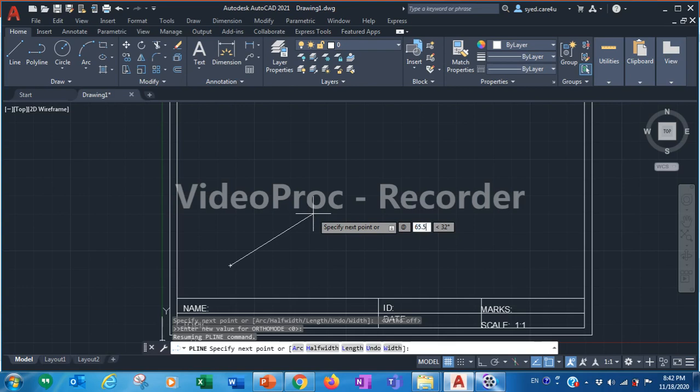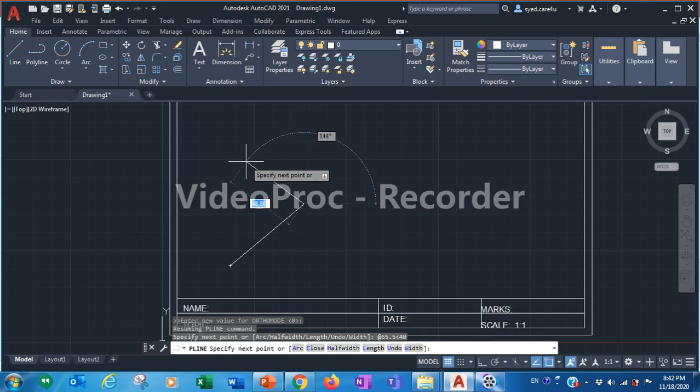After that you have to type shift less than for the angle. So angle is how much? 40. Okay, @ 65.5 less than 40. Then you have to press enter. So the first line is drawn here.